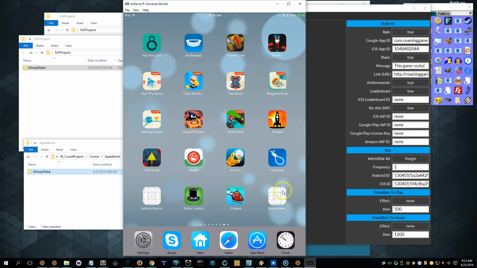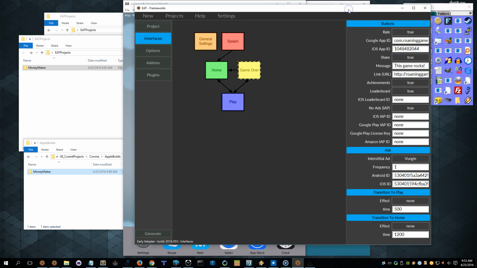It's worth noting that unlike GDT, which is the predecessor to this, my initial effort, this tool does not generate either icons or launch images. That is going to be in a separate tool, and when you register this tool, the same registration will work to unlock the other one. So there's going to be Eat Frameworks, which is this, and then another tool called Eat Utilities, which will have an icon generator, a launch image generator, assuming that I can get that to work. There may be a problem with resolutions, we'll see. And